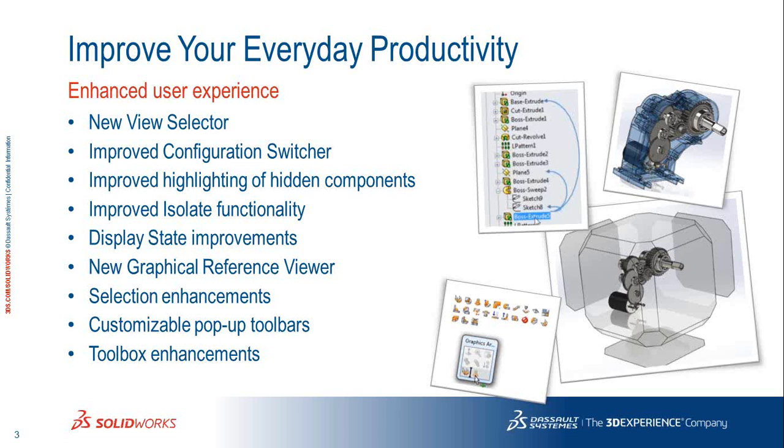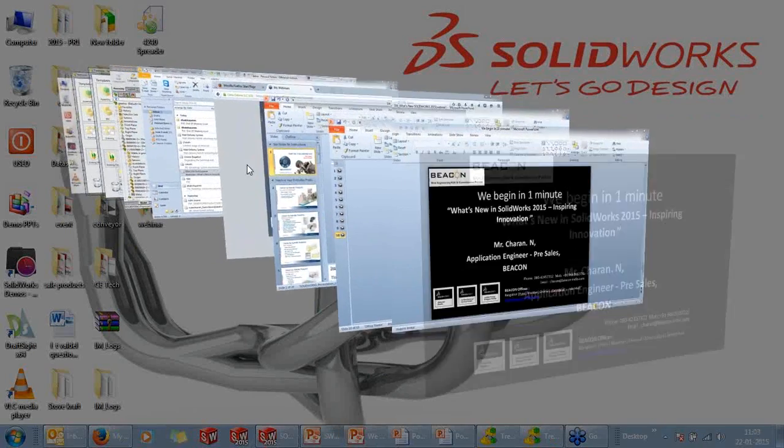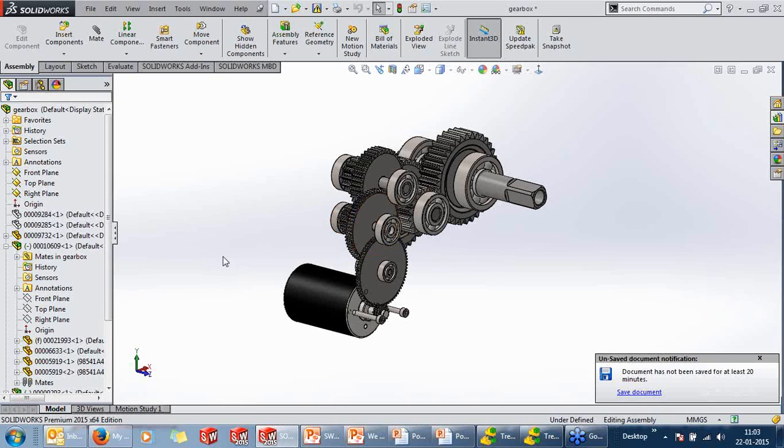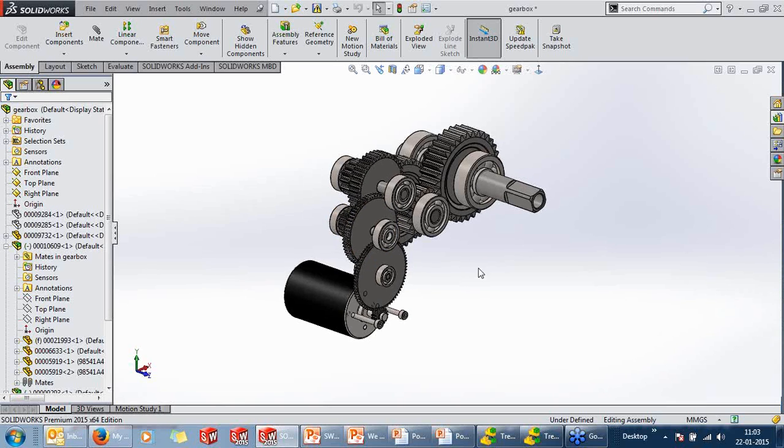I just switched my window to SolidWorks. I've already opened a new window of SolidWorks, wherein we see an assembly.